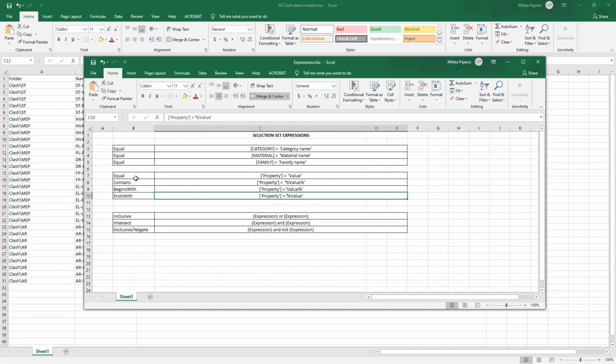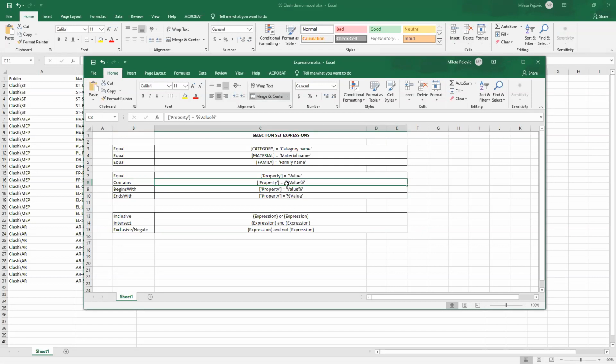And then if you want to make the rule that the property has to be equal, you're gonna use the value for the property. If you want to tell the system to use a specific property, but only with a value which is contained within the property, then you can use these,